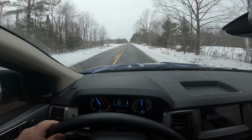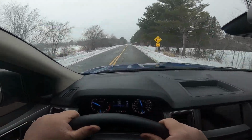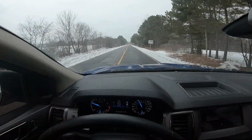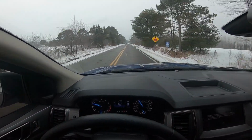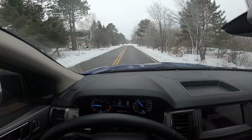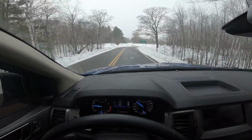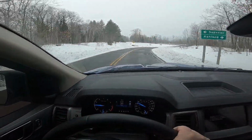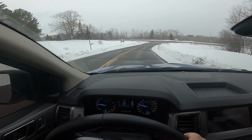But I mean it drives like a car. So for what that's worth, it feels like a car, but it's still a truck. You know what I mean? And I love it. I mean, it's done me well for the last year, for the last, you know, 10,000 miles. I'm almost at 10,000 miles, but we're like 9,776 right now. So,